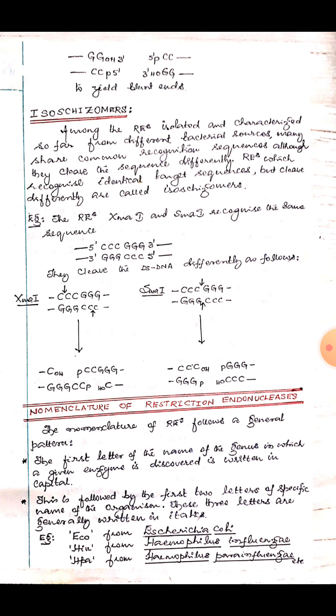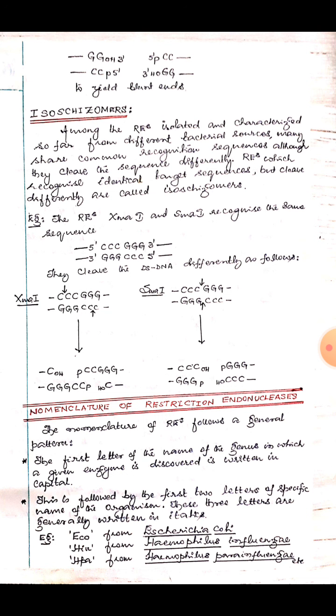So far I have taught you the definition of restriction endonuclease and why they are called molecular scissors, then the types of restriction endonucleases, type 1, type 2 and type 3, and which particular type we use in recombinant DNA technology experiments. Then I have taught you recognition sites, that is palindromes with rotational symmetry, and then I have given the example of a few restriction endonucleases. Then I have taught you the various types of cleavage patterns.